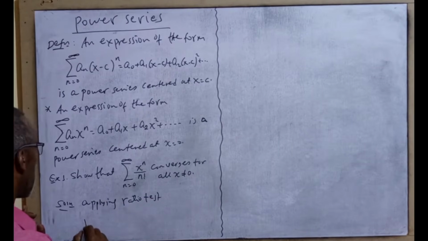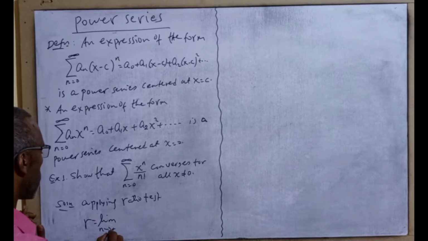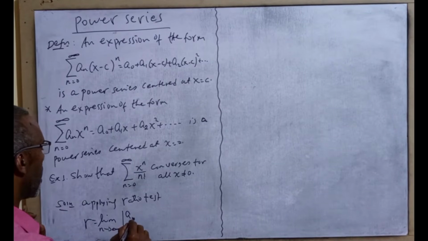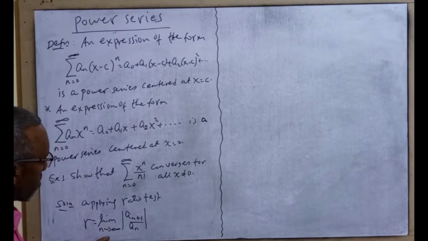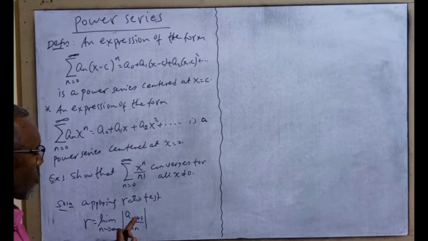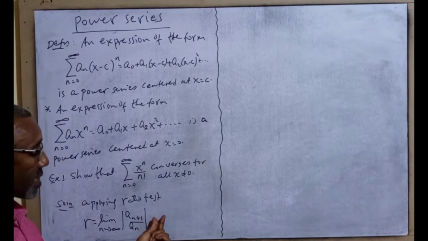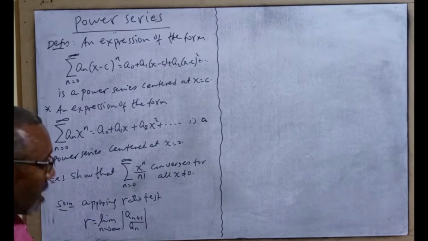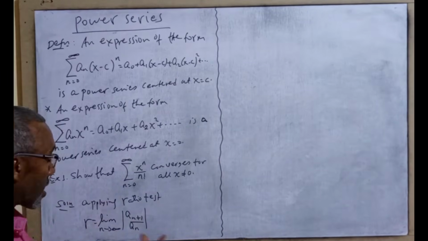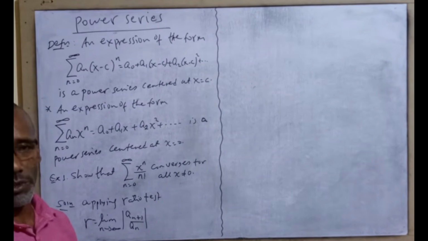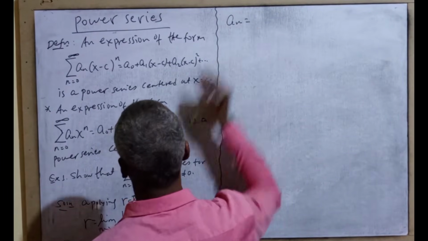applying ratio test, r የምንለው ምንድነው limit as n approaches to infinity of an plus 1 over an. r is equal to limit as n approaches to infinity of the absolute value of an plus 1 divided by an እና ይሄ if less than 1 it converges, if it's greater than 1 diverge ያደርጋል, if it's equal to 1 ከአንድ ጋር እኩል ከሆነ the test fails ማለት ነው the test fails